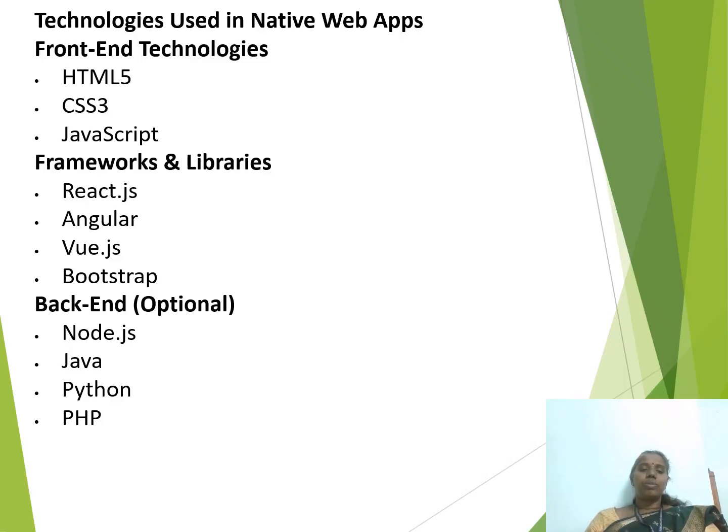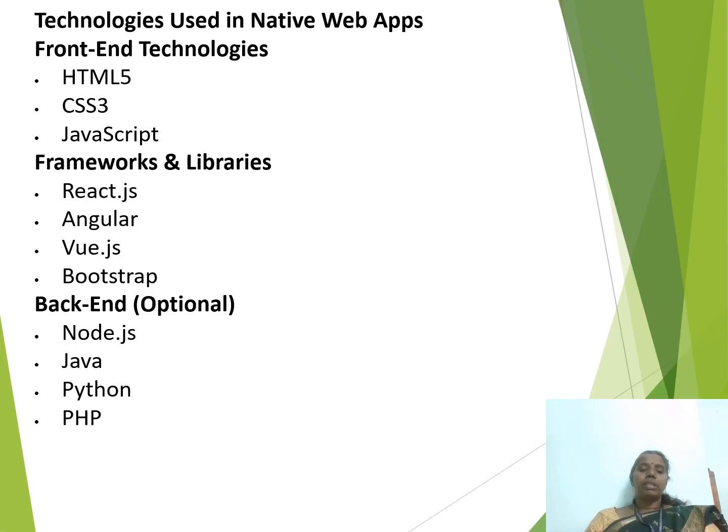The features of Node.js are non-blocking architecture, fast execution, and good for real-time applications, which is used for chat applications, application programming interfaces, and streaming services. And the next example, Java. It is an object-oriented programming language, also called an enterprise level backend language. The main features of Java are secure, scalable, strong object-oriented support, which is used in banking systems and large enterprise systems.